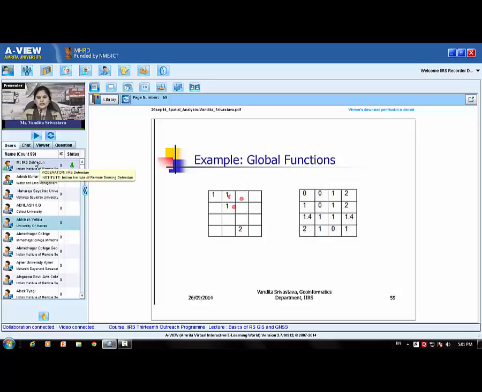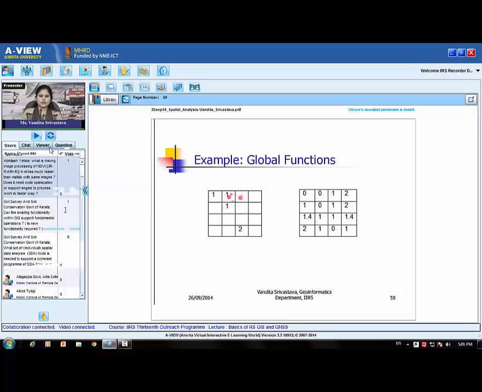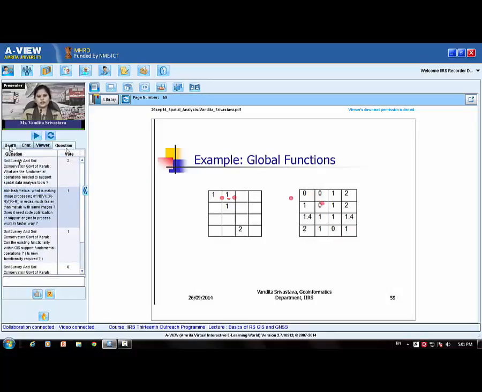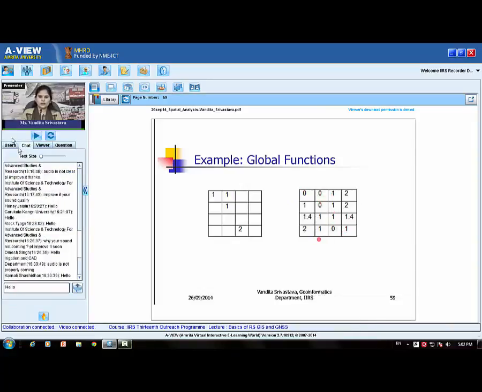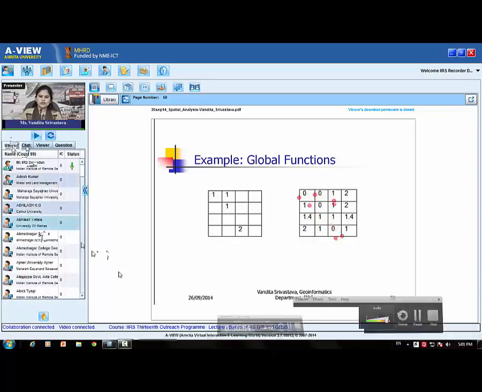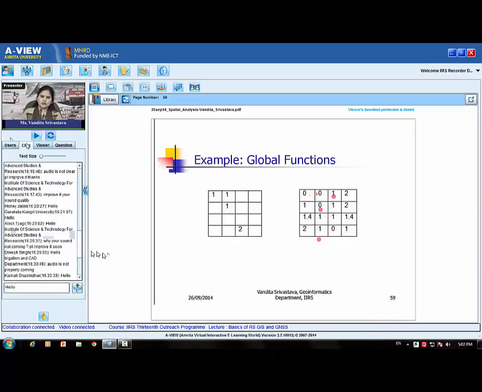If the cost of travel was different, then we generally do it from center to edge, edge to center. So for example, if the cost of travel to this cell was 2 and to this cell was 4, then this will become half of 2 as 1 plus half of 4 as 2. So the distance would become 3. But in this present example, there is no different cost of different distance travel. Therefore, the uniform values are placed here. So you can see which source is nearest to this source cell, and in this manner you can perform location